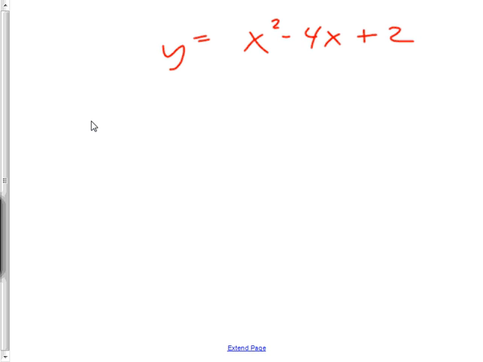Okay, so I'm back. Here we go. I'm going to be doing what's called complete the square. If they say vertex,